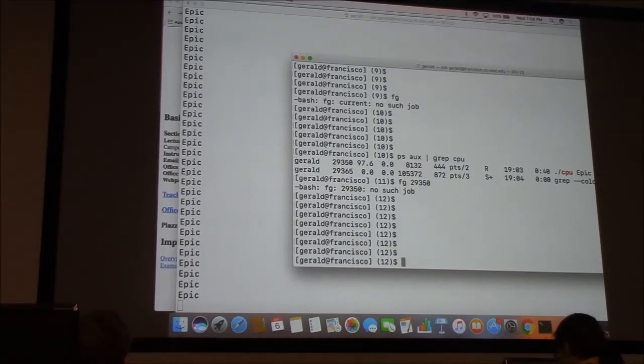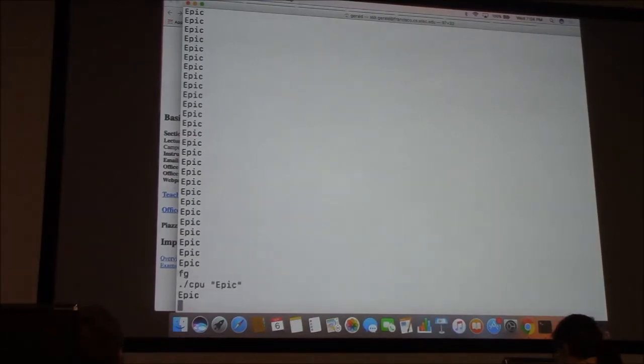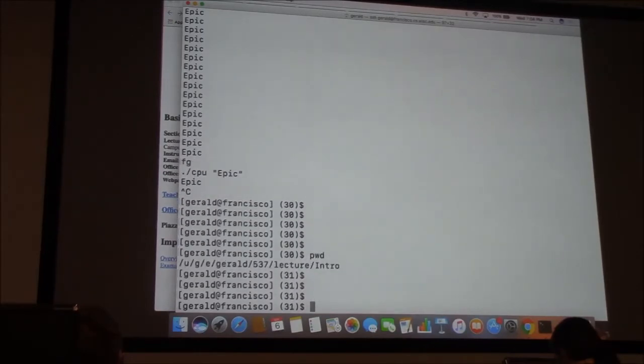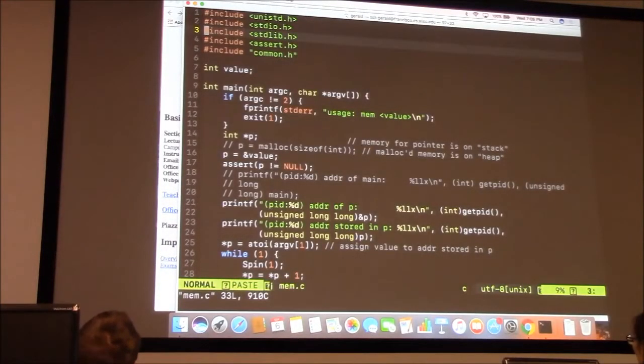And now I'm just going to bring this to the foreground. Okay, and this is a very simple demonstration of how the CPU is virtualized between multiple processes. Okay, and then the next thing that we're going to see is something about